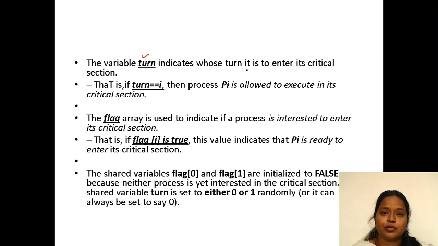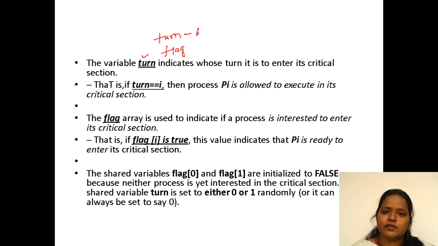Here he has used two shared variables. Shared variables are those used in the critical section. By making use of these two variables, he decides which process enters into the critical section and which process executes on the shared resources. The two variables are turn and flag.